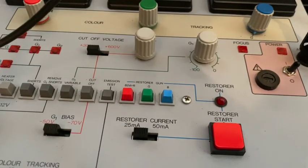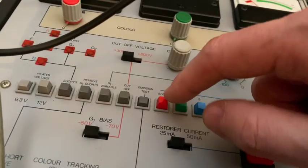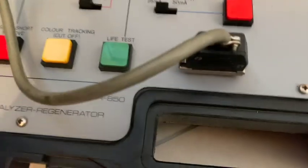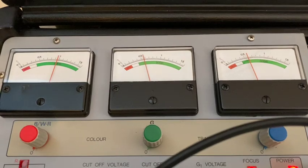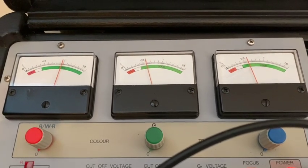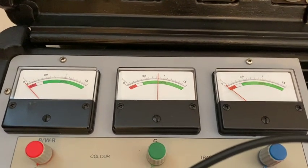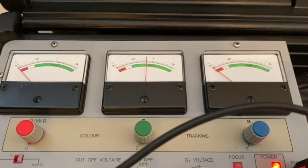I think you don't really actually need a version that supplies you with the instruments to judge the filaments' emissions. There are some devices which come with those gauges and some that don't. It's all really not that important. It would be nice to have a manual coming with the device, so you can tell how to set it up. Really, what it comes down to is that in all cases, you can select the filament you want to rejuvenate, which is RGB, and then you just push some start button,